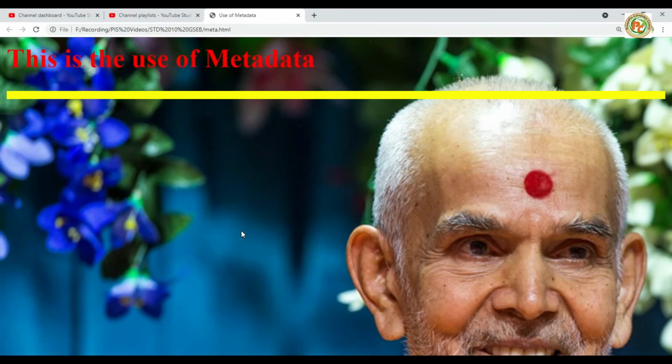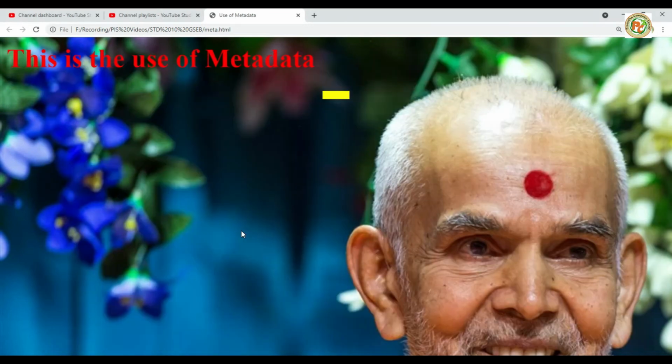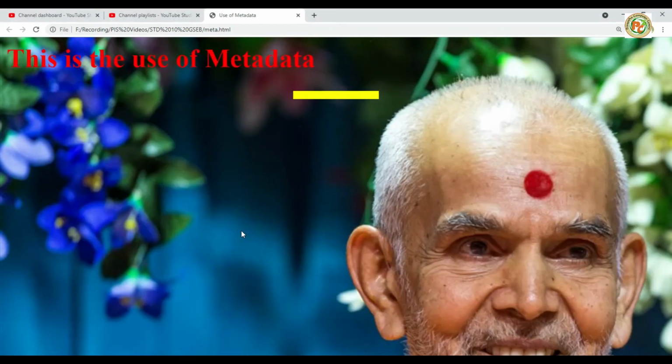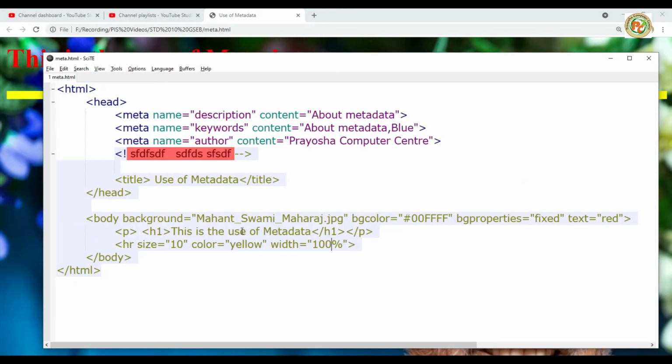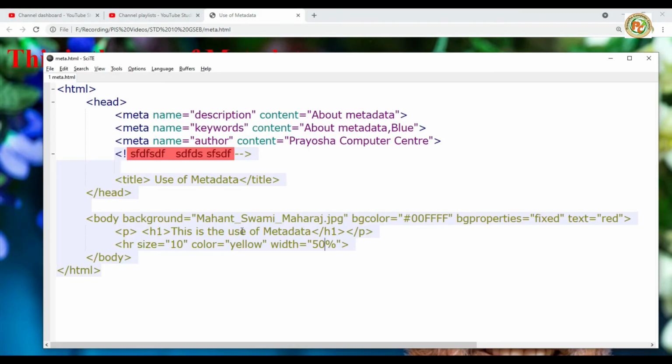Okay, now third thing is we can also assign the width. Width means thickness, and it can be in pixels or percentage, for example 30%. Then press F5, it will be small. If you need 50, then it will be half. If you assign here 100, then it will be full. But if you specify the percentage, it will affect more, because percentage will count the half if we type here 50%.